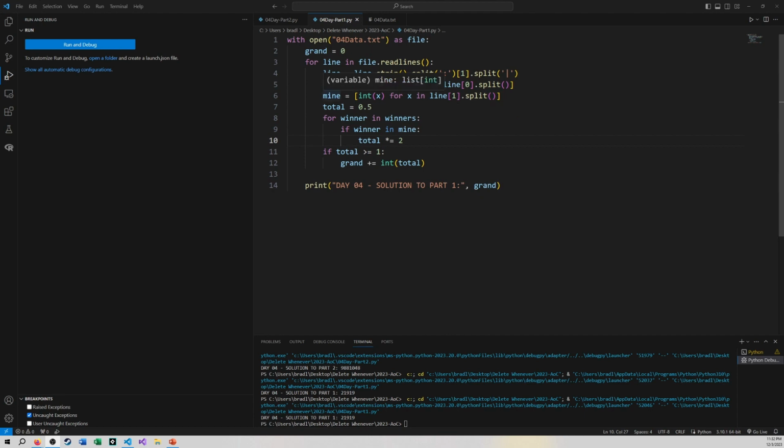Those are my numbers. Now that I have that for the specific game, I'm going to start from 0.5 just so I can multiply things by 2. There's a couple other ways you could do this, of course, but this is the way I did it just to get a solution. I go through every winner in this specific game, and I check to see, is the thing in my number list? And if it is, multiply it by 2. So 0.5 becomes 1, and 1 becomes 2, powers of 2: 2, 4, 8, 16, and so forth